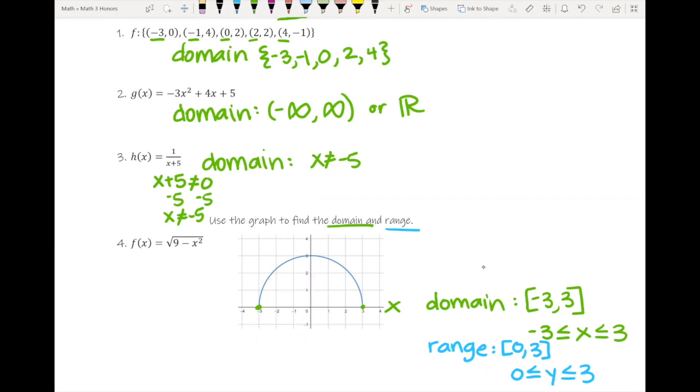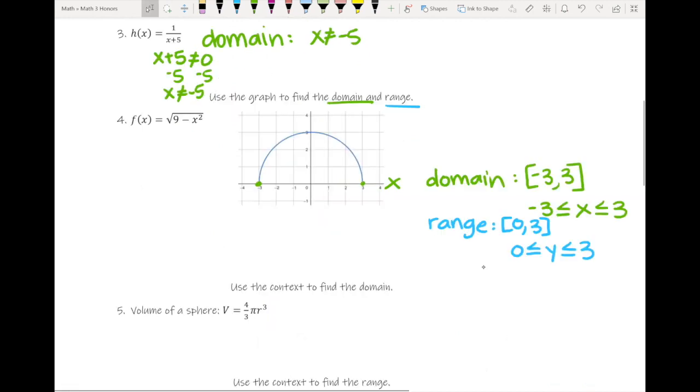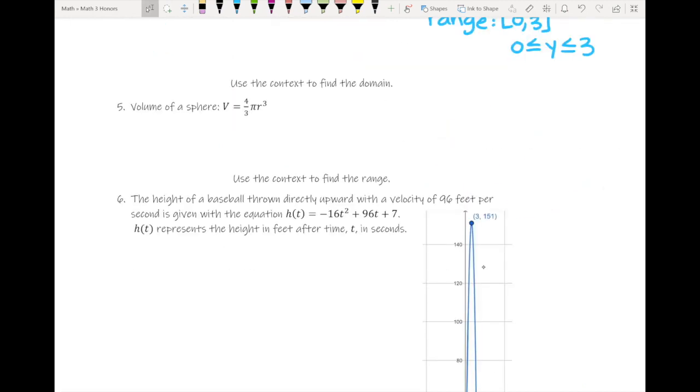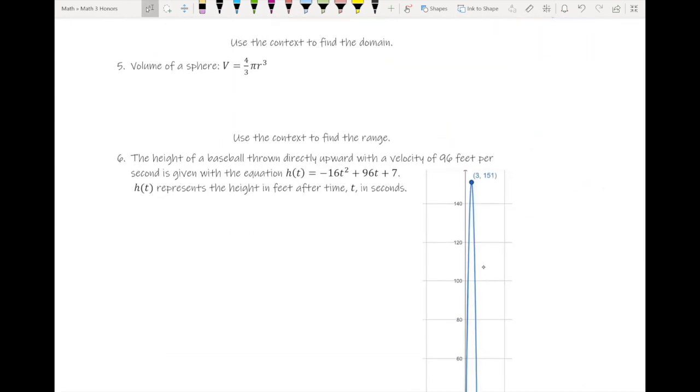Okay, so there's the domain and range off of our graph. And next up, it says use the context to find the domain. The context for number 5 here is the volume of a sphere. And if we're talking an actual real sphere, your domain has to do with usually x's or input. It looks like my r, the radius of this sphere, is kind of like my x's. That's our input. And for the domain, every number I can sub in realistically for the radius of some sphere,